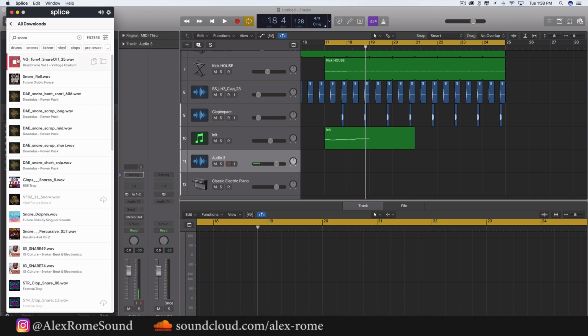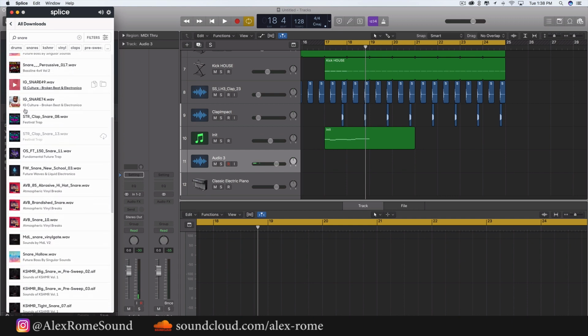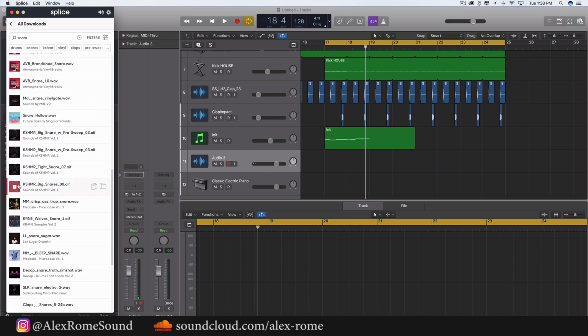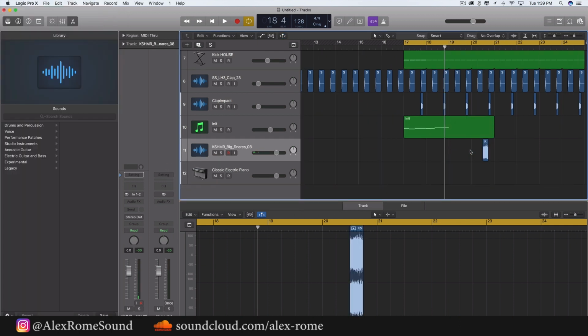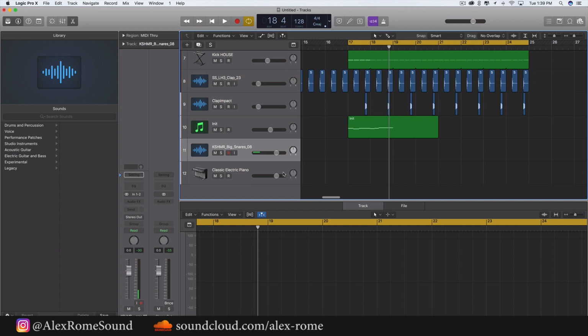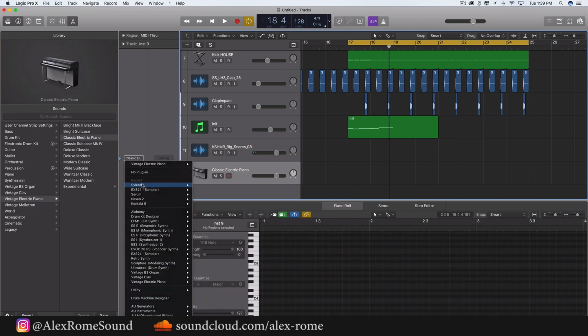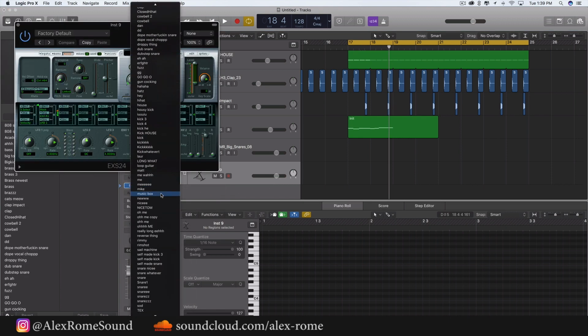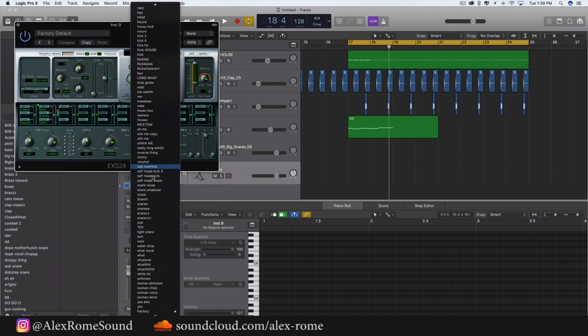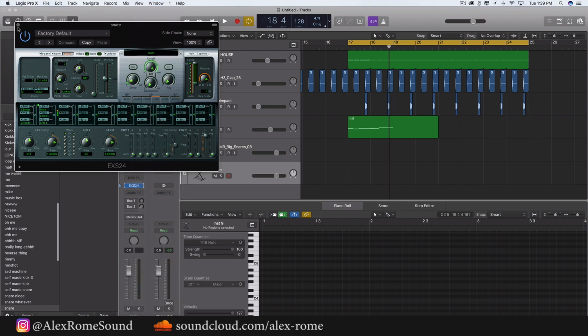Let's get this. Don't need that. So this is a little big. You know what? I don't need something that big. I have a small snare in my EXS that I've loaded up from Splice. I'm just gonna take the snare